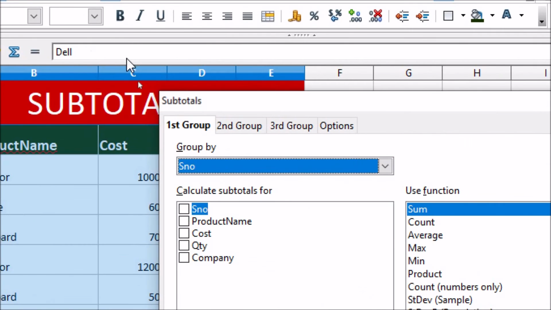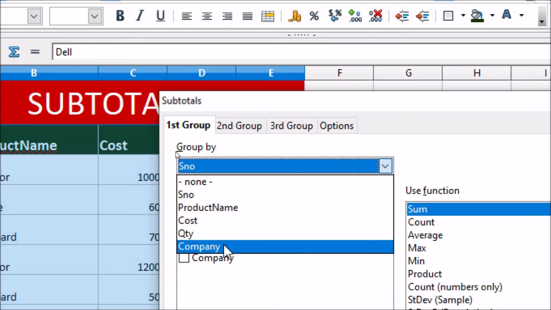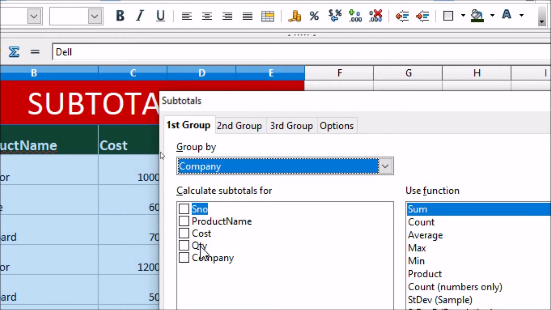As I click on this subtotals option, I am getting the first option as group by over here, and here we have to select the fields on which we want to group. So I have selected group by option here, and then I am going to select the name of the company over here, and this is the first option. So my companies will be grouped together, means all the products of Dell will be creating one group. All the products of Philips company are going to create a second group. Like this, separate groups will be created for each company.